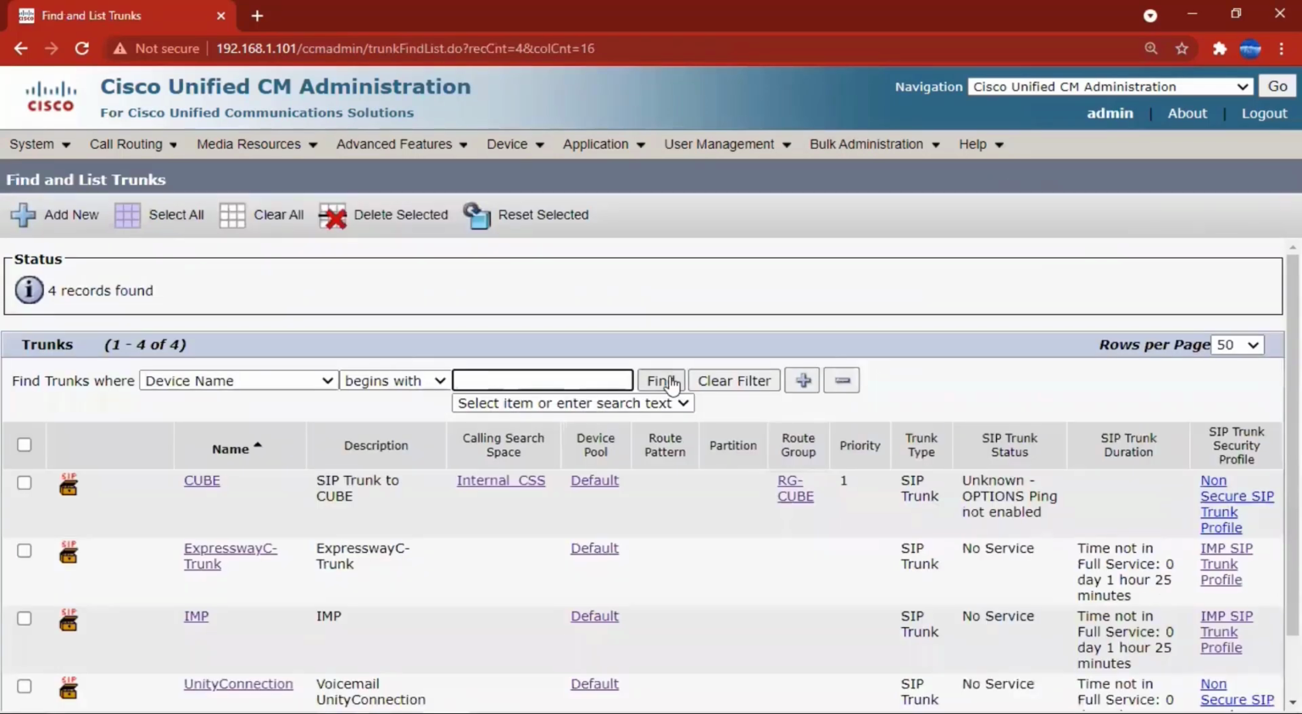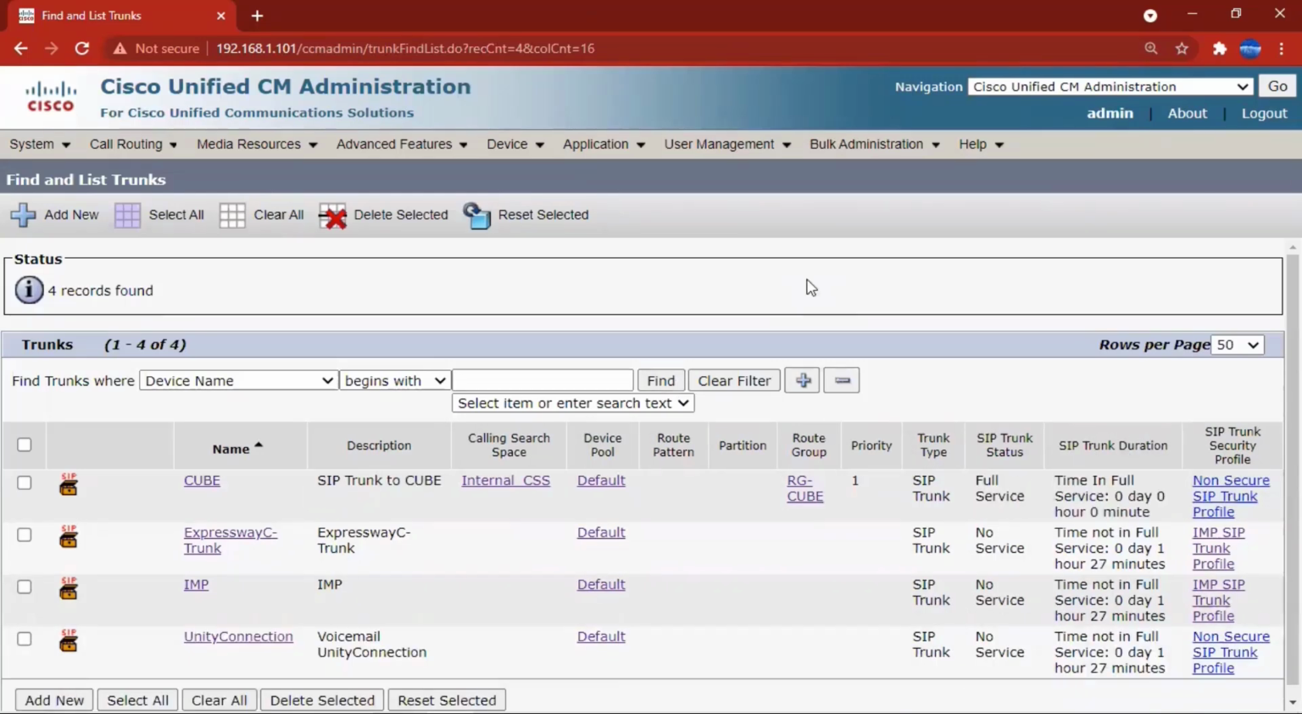Now I have reset the trunk. Now I'll wait for some time for the trunk to be fully operational, and once it's in service, I'll go ahead and make some test calls to see if it's fully functional to accept an incoming call from the service provider to the CUCM server via the Cube router. Finally, the call will be routed from the CUCM server to the endpoint. Our SIP trunk has come online, and now it's in full service. So let's go ahead and make some incoming test calls from our PSTN phone to our